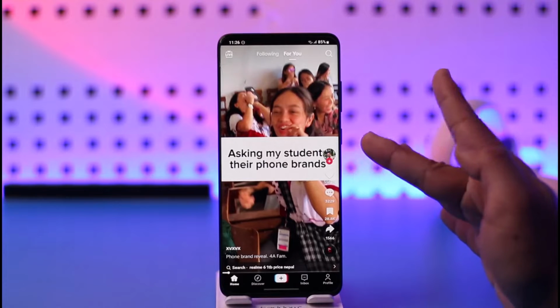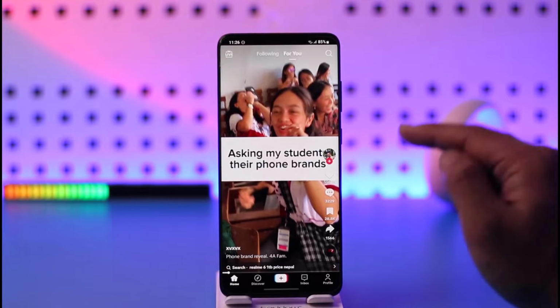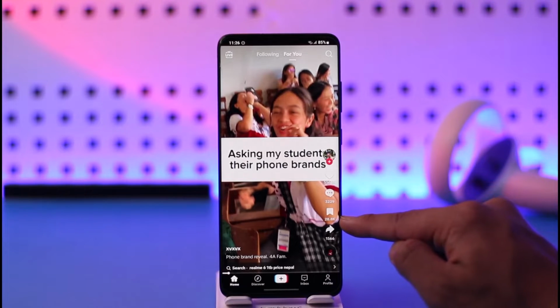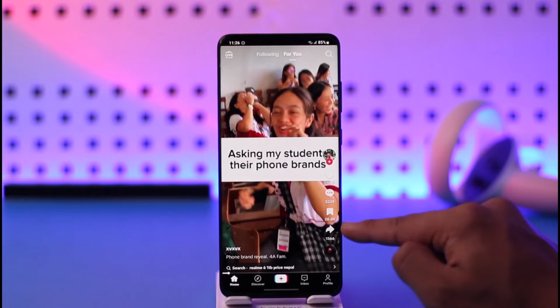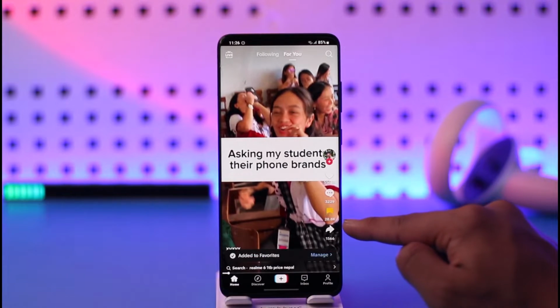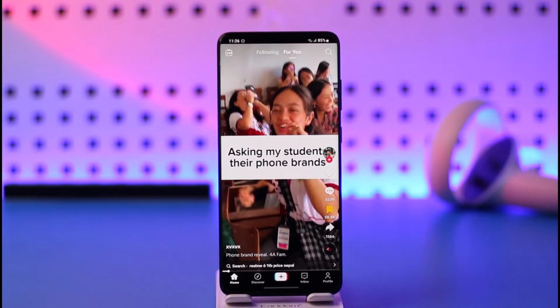Now by default, you can see we have very limited options. So what we're going to do is you can see this little flag icon, right under the comment tab and above the share tab. Here you can see this icon. When you tap on it, this video will get added to your favorites,